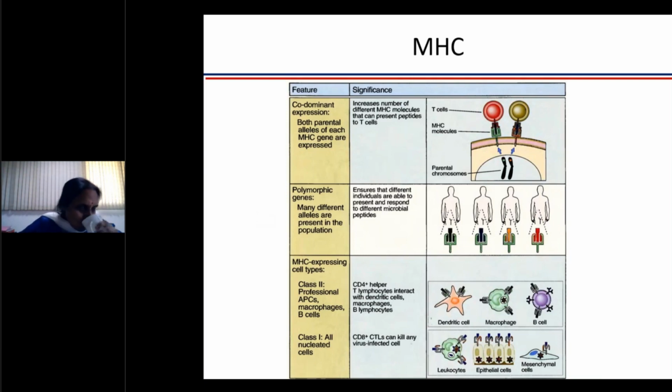All cells can present microbial peptides, like most of the cells, because any infection can infect any cell. So every cell should have a capacity to present the bacterial peptide on its surface so that it can be attacked by your CD8 positive cytotoxic cells. So that is why all nucleated cells have MHC class 1 expression, because viral infection can occur in any cell. Otherwise, how will it get destroyed?